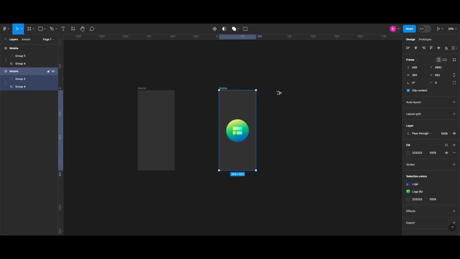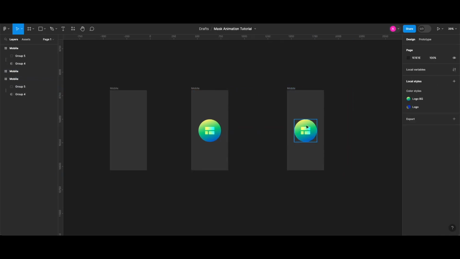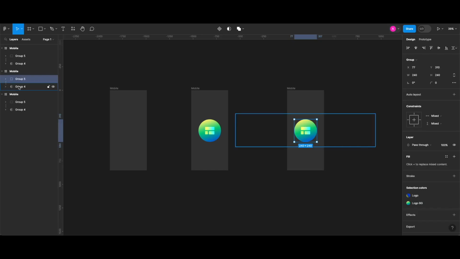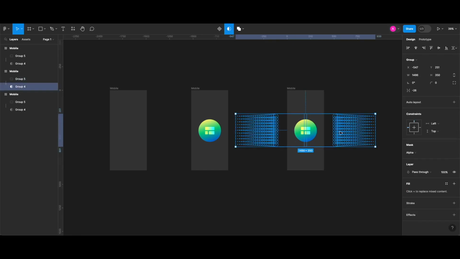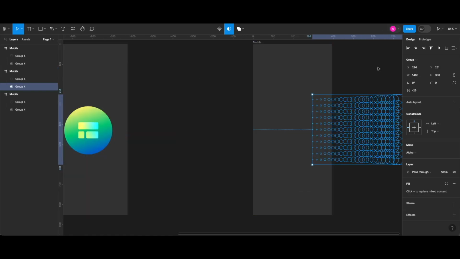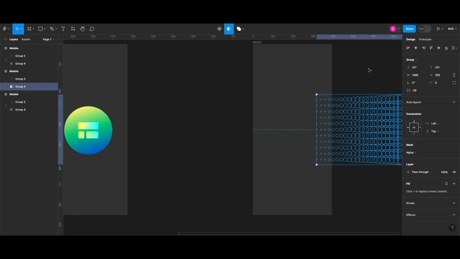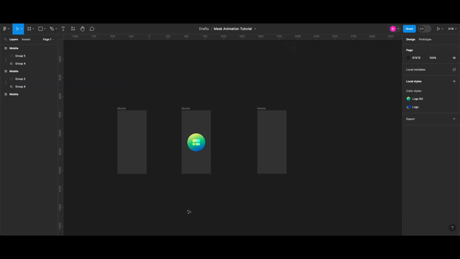So I'm gonna create another clone of my frame in the middle, to the right this time, and I'm going to move the mask group all the way to the left to make my logo completely invisible. So I'm gonna zoom in to make sure that I'm moving the mask group the right way to make the logo completely invisible, but not too much. Then I'm gonna go to the prototype mode,